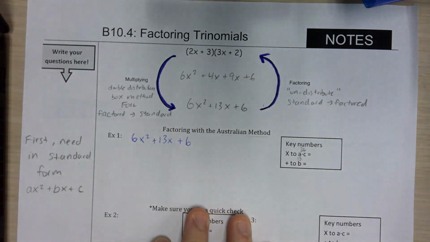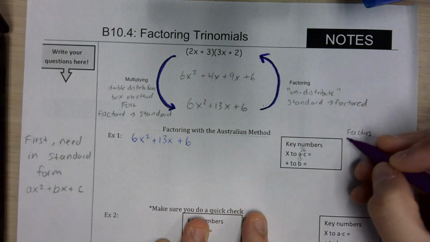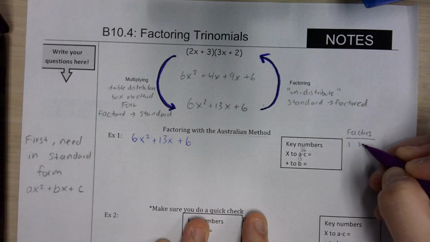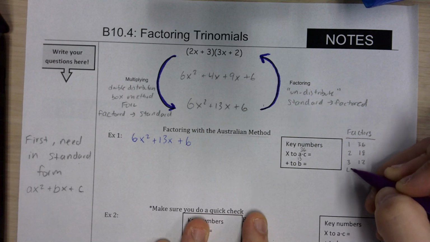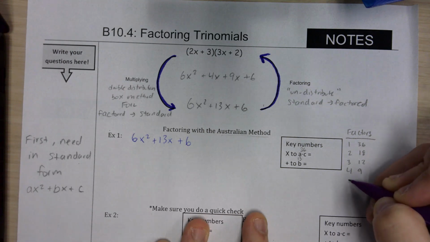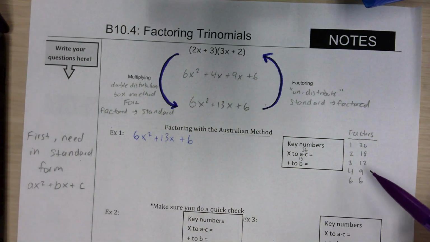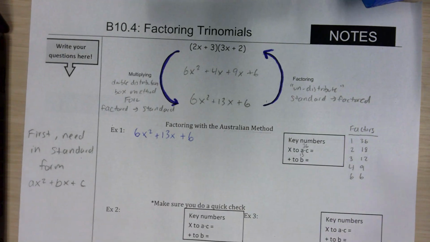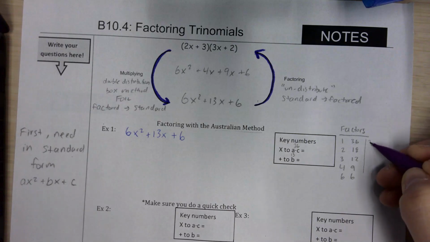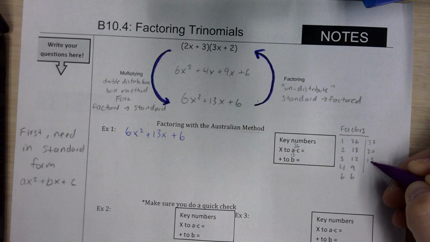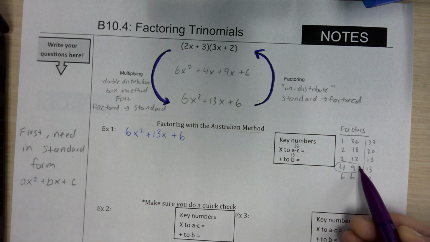There's a few ways that people do it. The first way is listing out factors. You can start from 1 and 36, 2 and 18, 3 and 12, 4 and 9, 5, there's nothing, and then 6 and 6. This is why it's really good to know your times table, because you want to come up with the different factors quickly. These are our 5 options, and then we add them together to see what we get: 37, 20, 15, 13, 12. So clearly this is the pair we want, because they multiply to 36